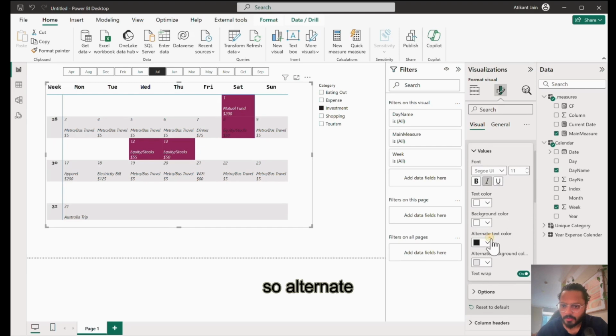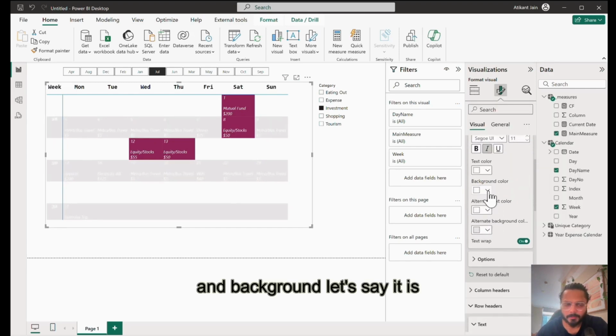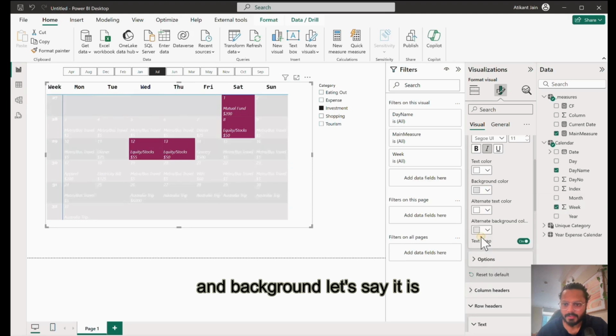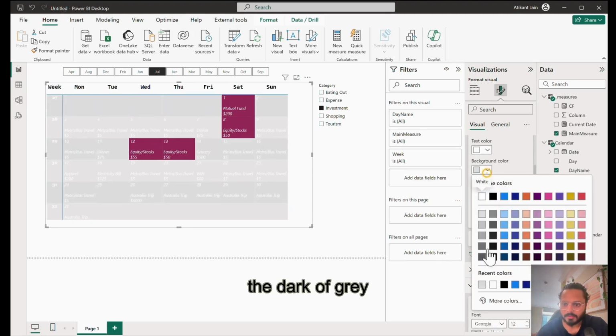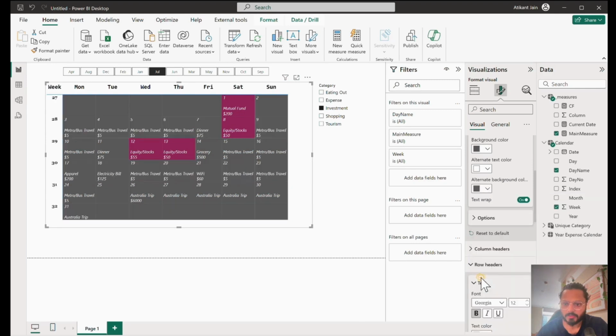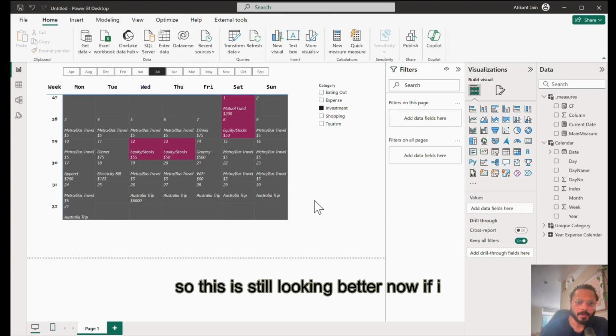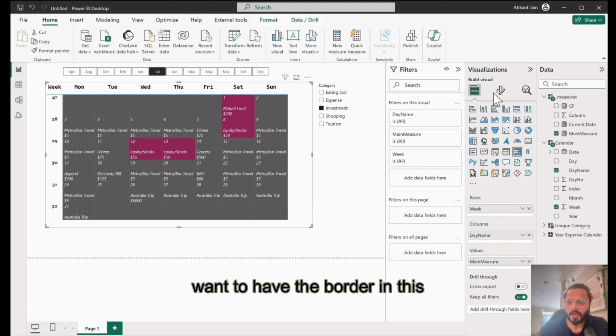Yep. So alternate also can be white. And background, let's say it is the dark gray on both sides, right? So this is done, right? So this is still looking better. Now if I want to have the border in this,